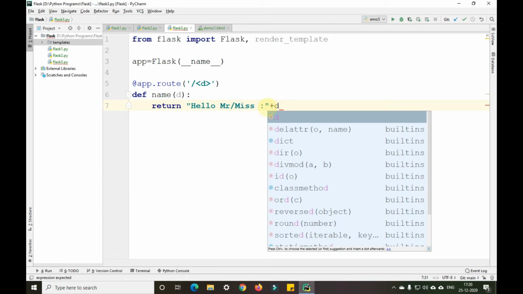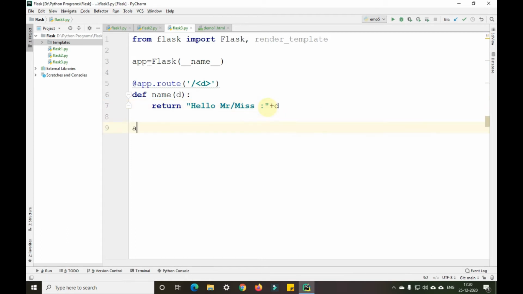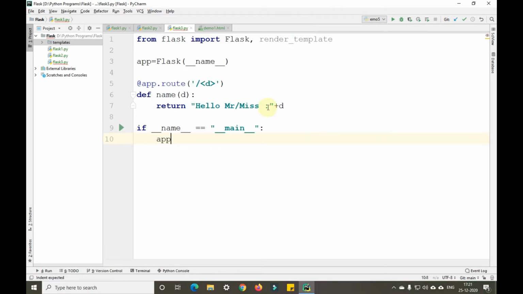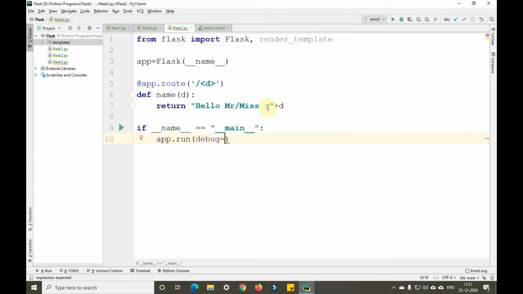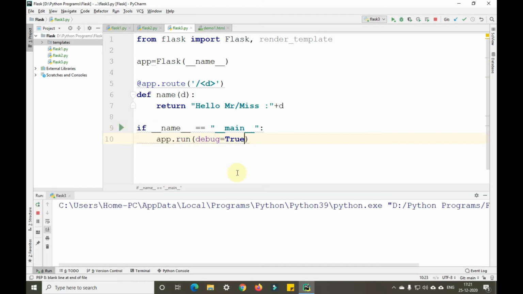After that, to run this project file, we have to write if __name__ equals "__main__", followed by a colon, then app.run with debug equals True. We are giving debug equals True because if there are any errors, it will automatically debug them. So let me run this project.